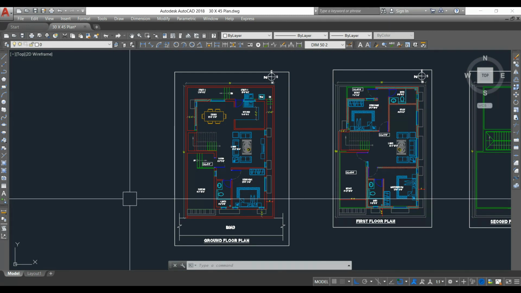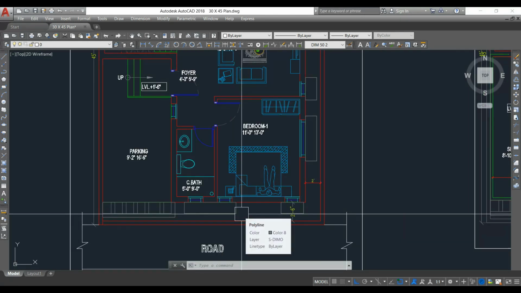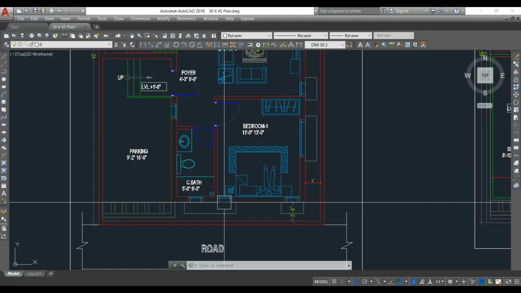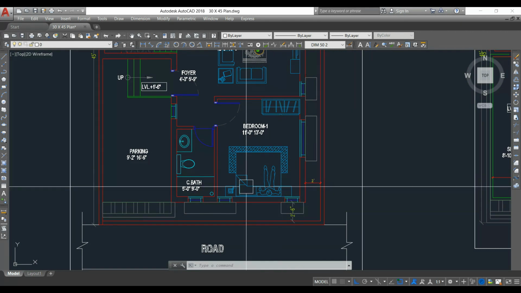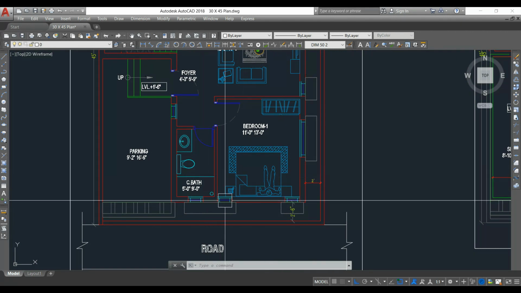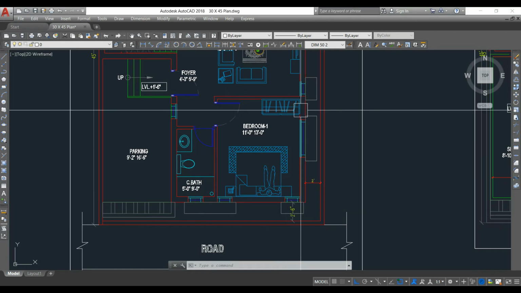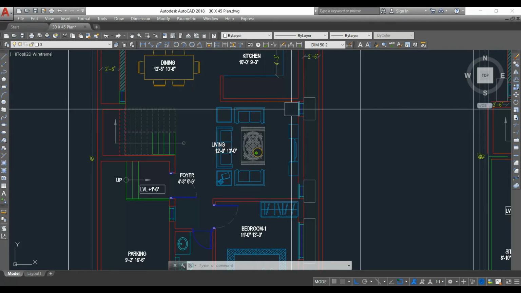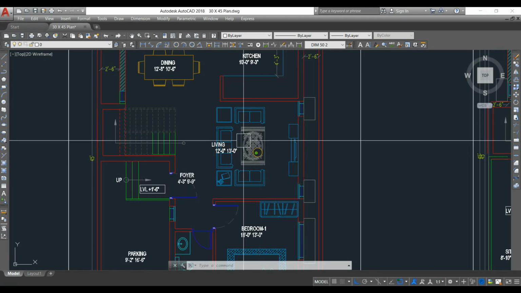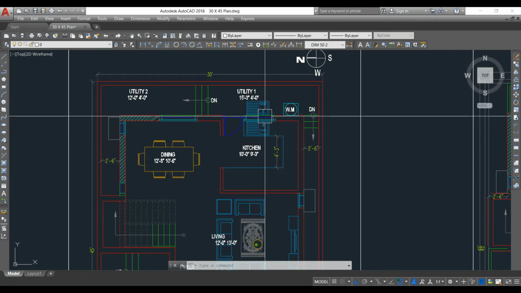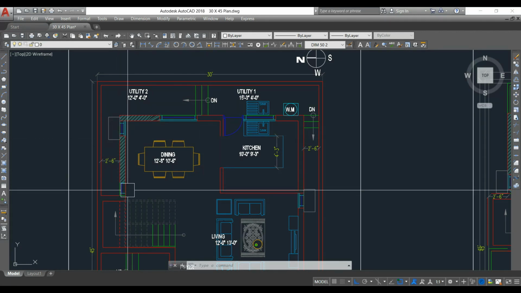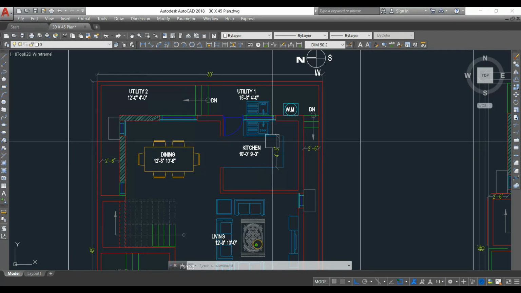I would suggest that proper ventilation for a home is mandatory, because air circulation should be there around the home. If you see this bedroom, there is one window here and two small windows over here. So the ventilation is proper, cross ventilation is there, and for the bathroom also one ventilator is provided, and here in this place there is a small window. Coming to the living room, two windows are provided here, and in the kitchen one window. The dining also has one window, and here two small windows are provided, so that from these windows you can get ventilation for both the dining and the kitchen.